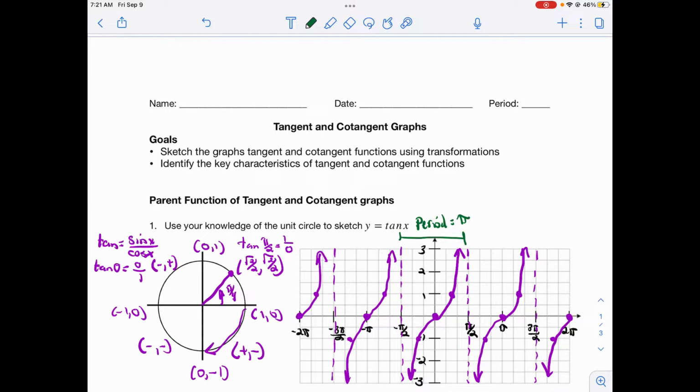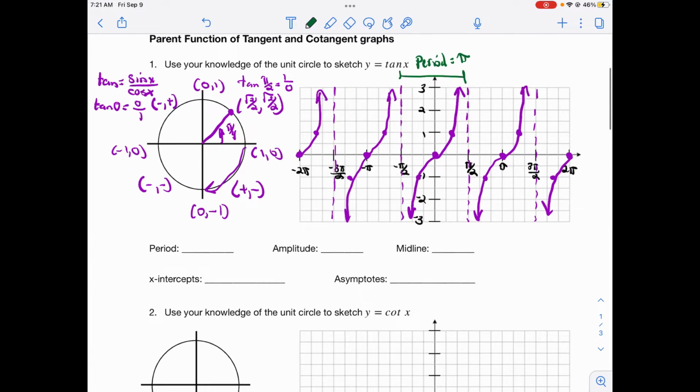For all the other trig functions that we've learned so far, the parent function period had been 2 pi. Tangent's period is only pi, so don't get that mixed up. Now let's talk about some of these key things. So we know the period is pi. The next thing we want to do